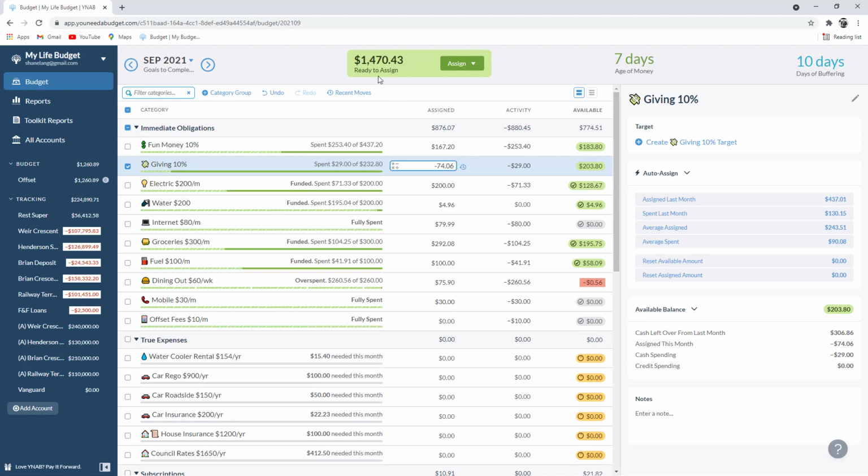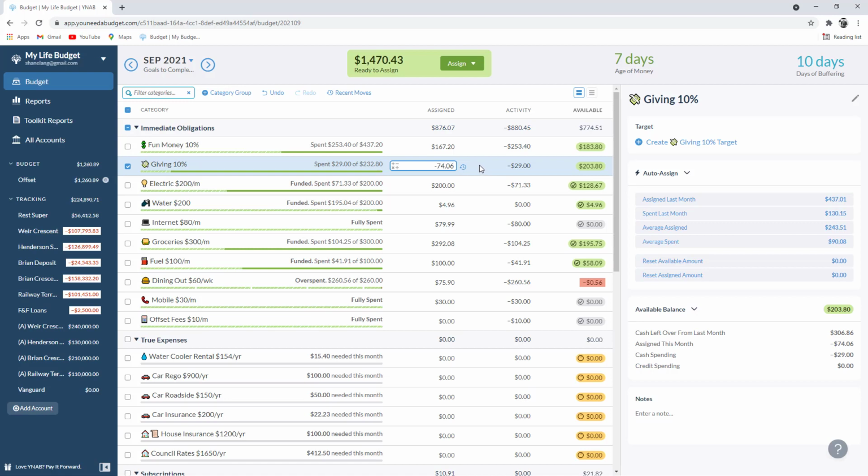Alright, so here we go. So we got some fun money. Always give yourself fun money. I like to give myself 10 percent, but remember, you don't have to do that. It's just something I do, and always remember that charity begins at home. So if you can't afford to give to other people, make sure you give it to yourself and be happy